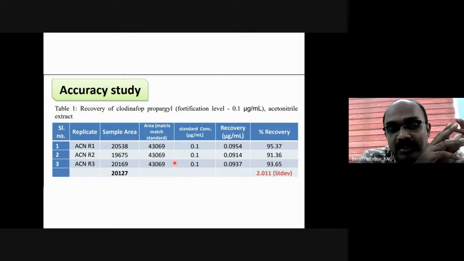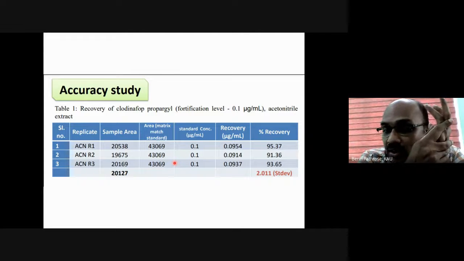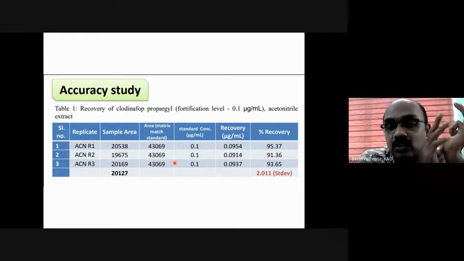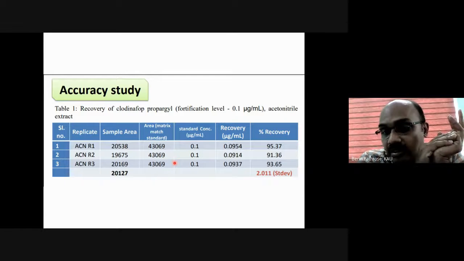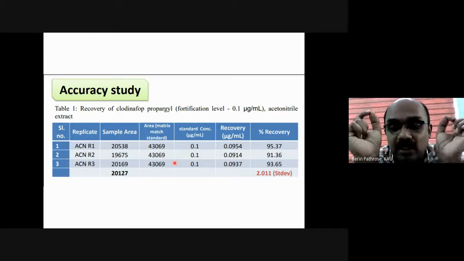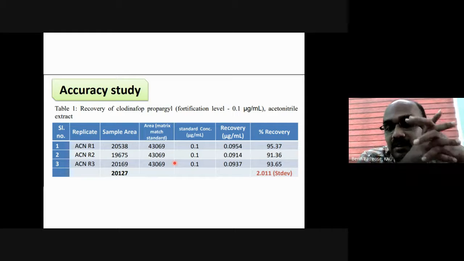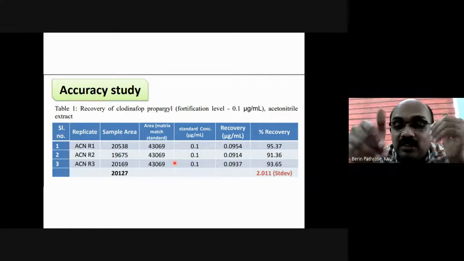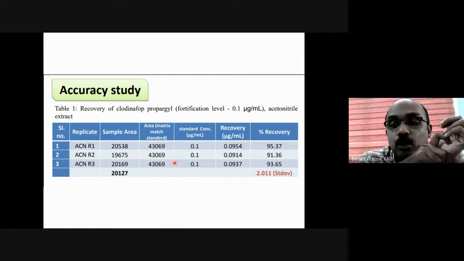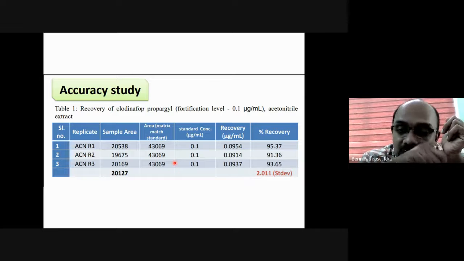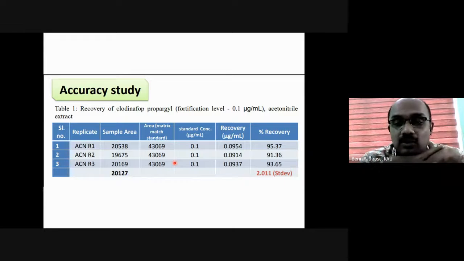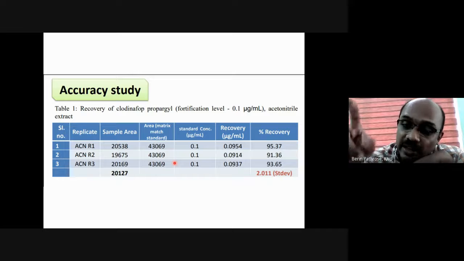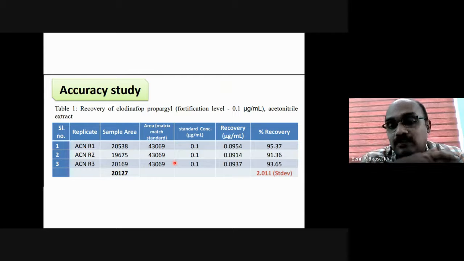Whenever we are going for pesticide residue analysis, first we will have analysis of the clean or neat standard. There is nothing in that, only the pesticide alone. But as I told you yesterday, there can be interferences from the matrix. If you're analyzing tomato, there can be compounds in the tomato which can interfere with our analysis. If you're analyzing bindi, it can have something. If you're analyzing bitter gourd, it can lead to some interferences.